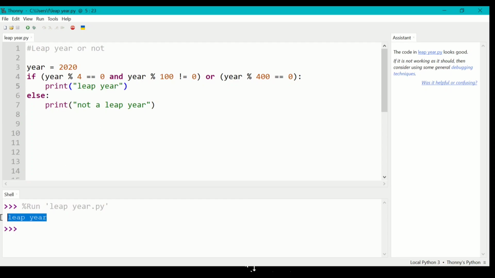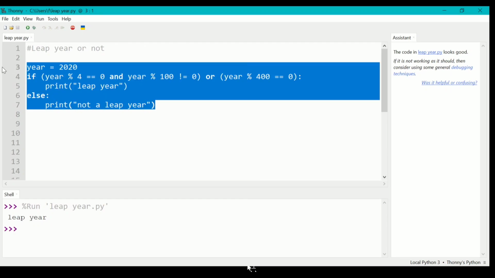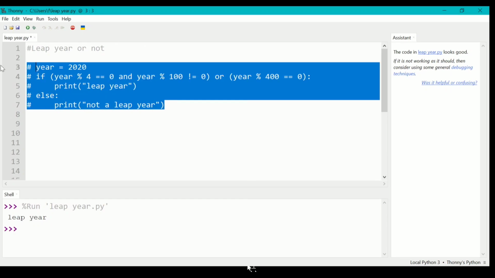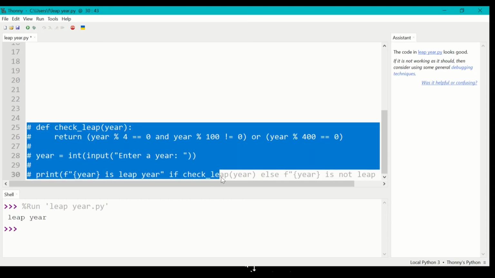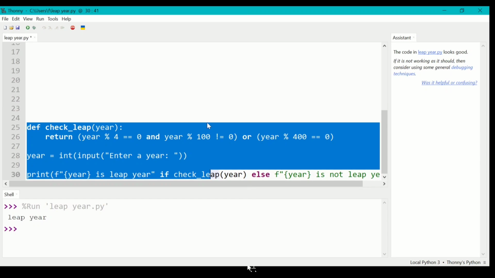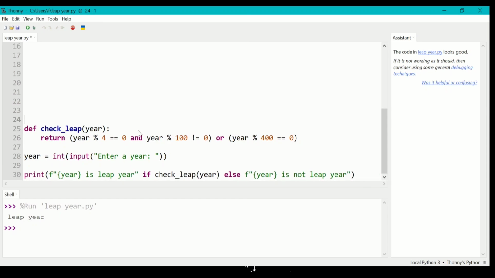this entire thing will fall into this statement and print it as a leap year. We have another approach to solve this problem, that is by simply using a function definition. I will try to explain it as best as I can. Whatever I have done here is I simply made a definition to check whether a year is a leap year or not. This is the definition called check leap,